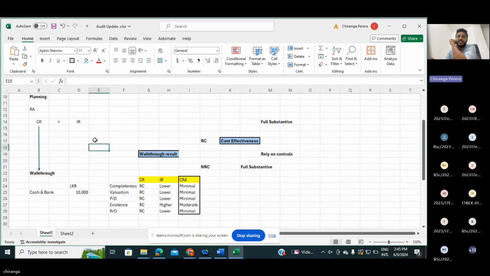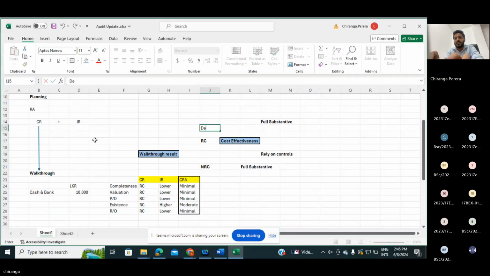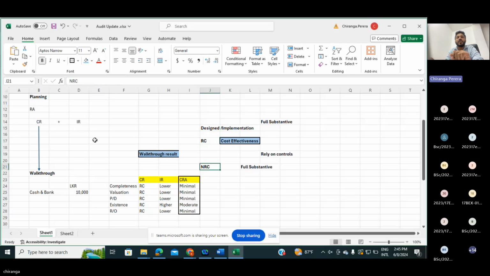The walkthrough results, you can see walkthrough results. It may be reliant control or not reliant control. Reliant control or not reliant control of what? Design and implementation. You correctly said. Design and implementation, reliant control or not reliant control. Right? Then again,